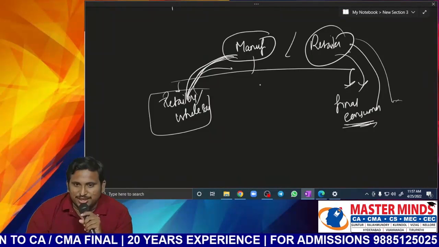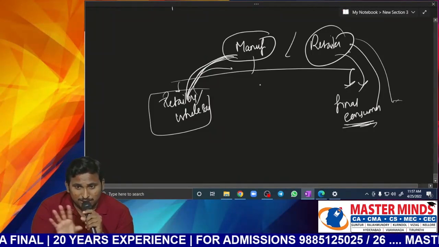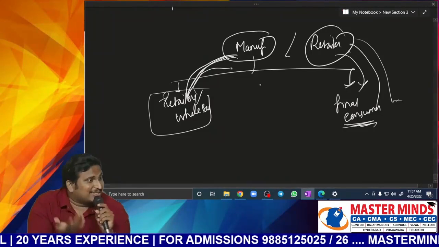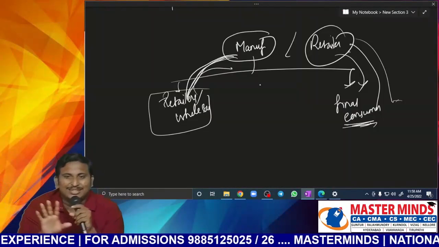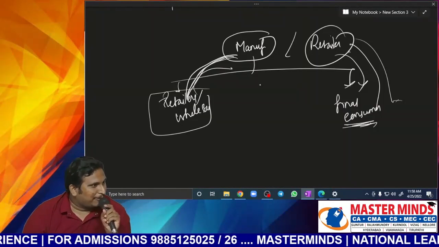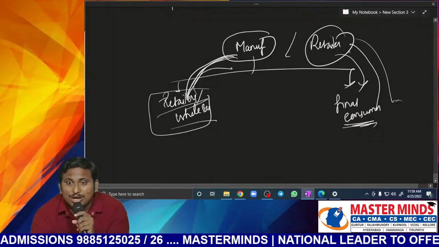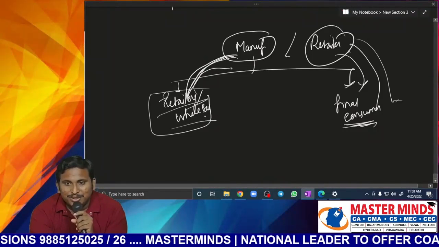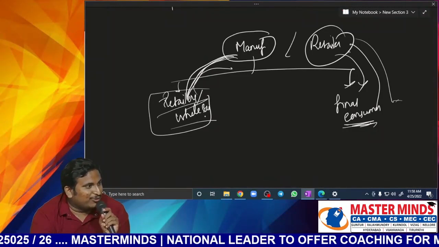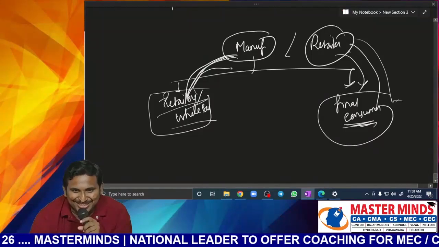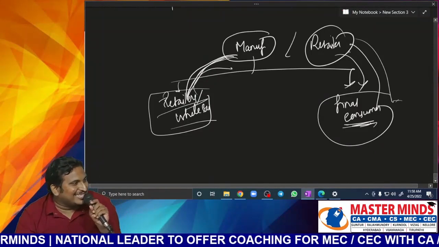We'll negotiate. Maybe we'll say, this time we'll pay, from the next time onwards reduce the price considerably. Like that, discussions will happen. We don't say, price increased, I'll find a new manufacturer. Usually that doesn't happen. So I can say, if your customers are retailers or wholesalers, then this can be considered as collection is certain. If your customers are final consumers, they'll never return. So we can assume collection is uncertain.